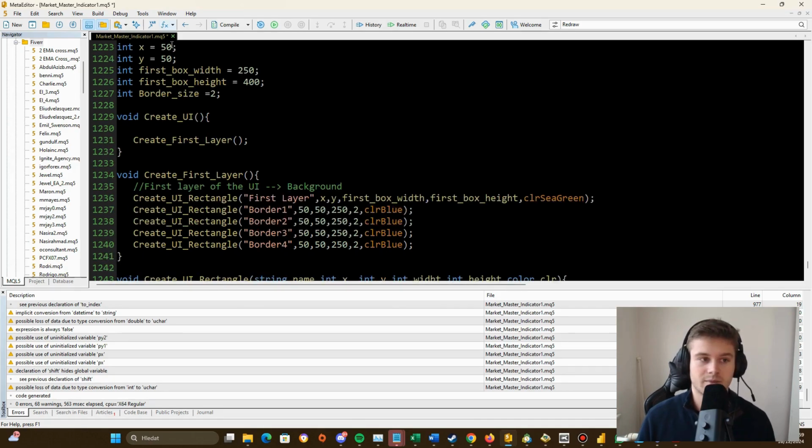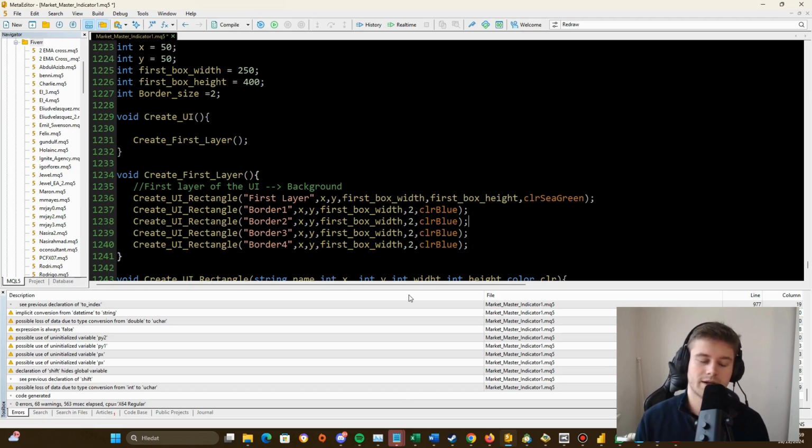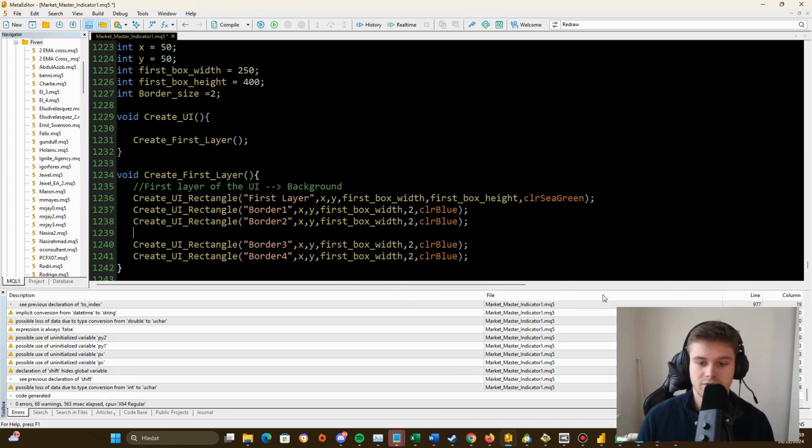Yeah, so that's why I am doing this. So this is x, this is x, this is y, and now this is width. Okay, so now I will change a few things here. When you are creating these borders, you are basically using 2 vertical, 2 horizontal lines. So these 2 will be horizontal, these 2 will be vertical. So in order to get this right, I have to update the y, because the first horizontal line